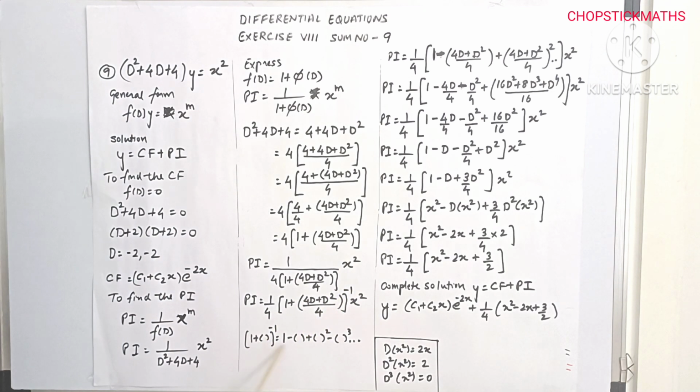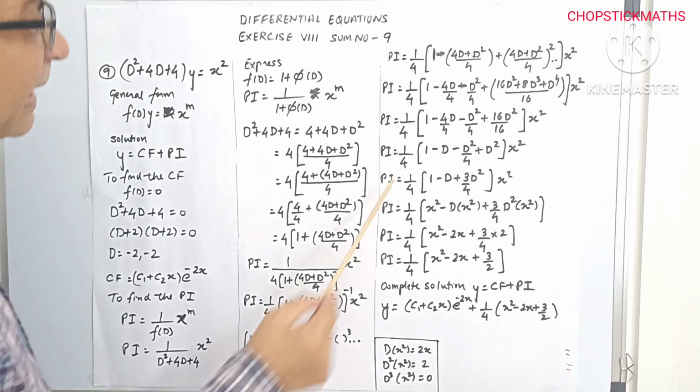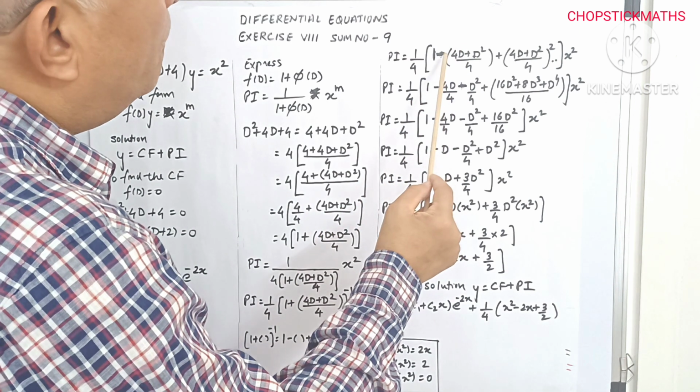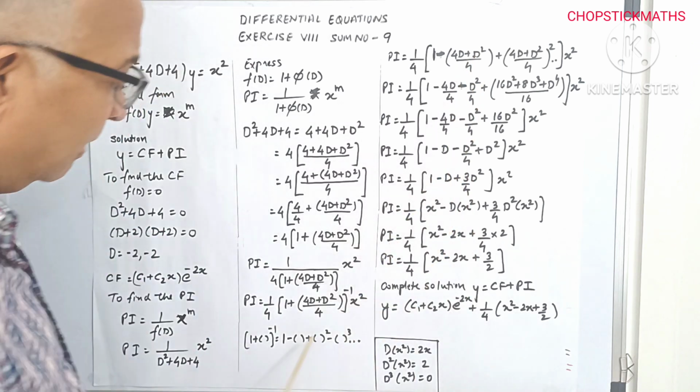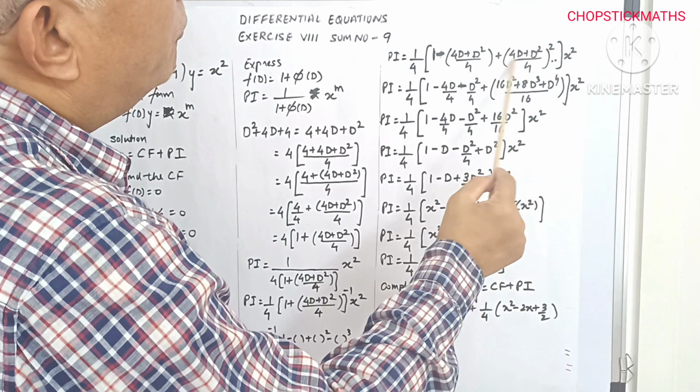And this can be done with the help of this formula: (1 + bracket) raised to minus 1 is 1 minus bracket plus bracket square minus bracket cube and so on. Now here if you look, 1 plus bracket here is (4d + d²)/4. So applying this formula for this particular expansion, we get PI is equal to 1 by 4 into bracket 1 minus bracket, that is minus (4d + d²)/4, plus bracket square, that is plus ((4d + d²)/4) the whole square,